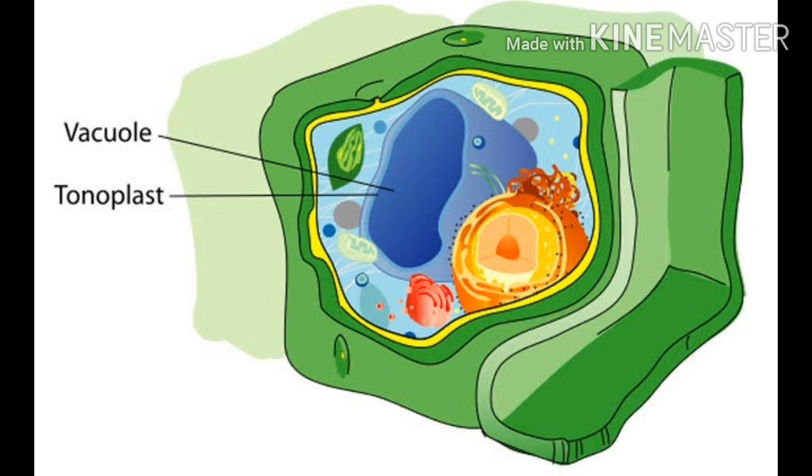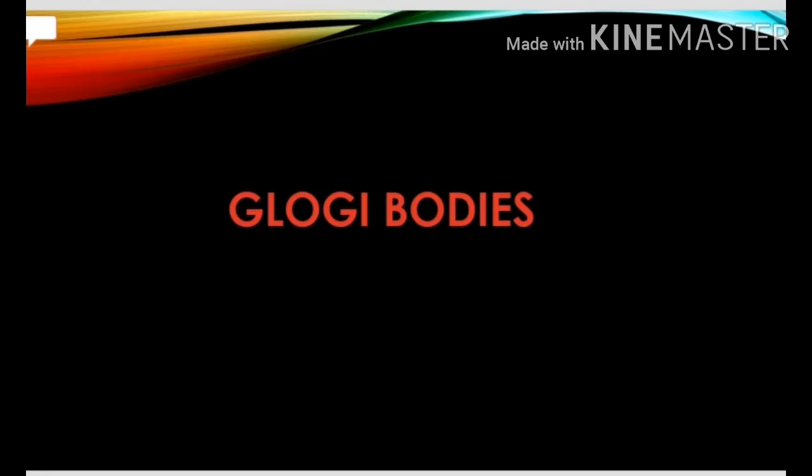The centralized vacuole present in the plant cell performs various functions. However, the main function is storage and maintaining the structure of the cell. In the plant cell, the main function of the centralized vacuole is to store food and maintain the structure of the cell. So this is the main function of the vacuole. Once again, you just see that bluish color empty vacuole, the empty box, and the function is to store the food and the waste material for a temporary period.